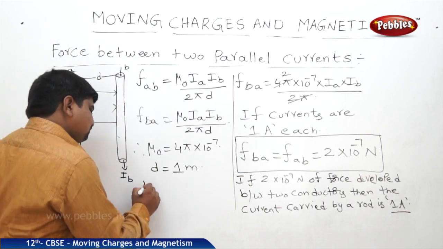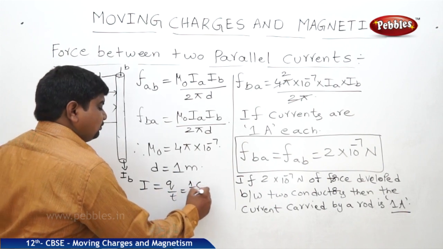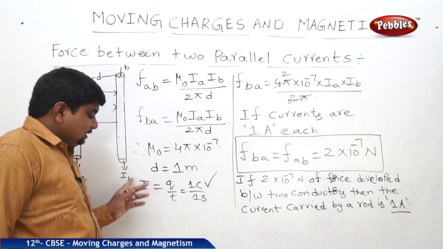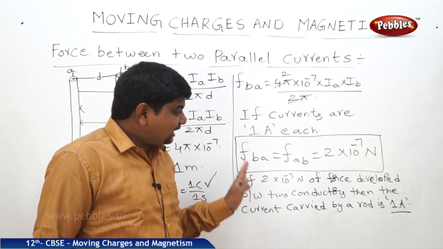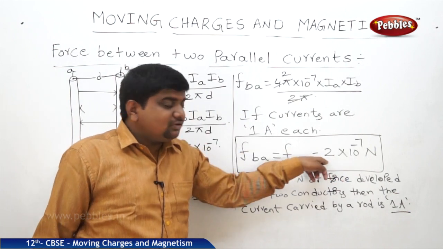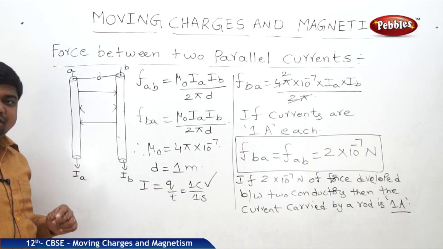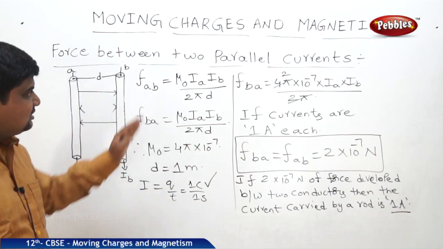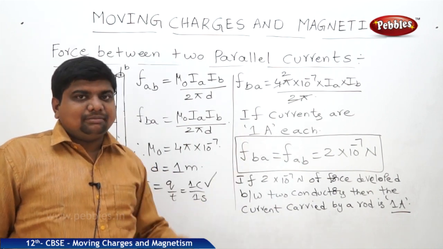The actual meaning of the ampere is I is equal to Q by T, therefore 1 coulomb per 1 second. If 1 coulomb of charge flows in 1 second through a conductor, then the current passing through the conductor is 1 ampere. So in the case of magnetic force or magnetostatic force, we can define the ampere like this: if this much force is developed between the conductors, then we can expect 1 ampere of current is passing through the conductors of unit length. This is one of the ways to understand these things with respect to electricity and magnetism.